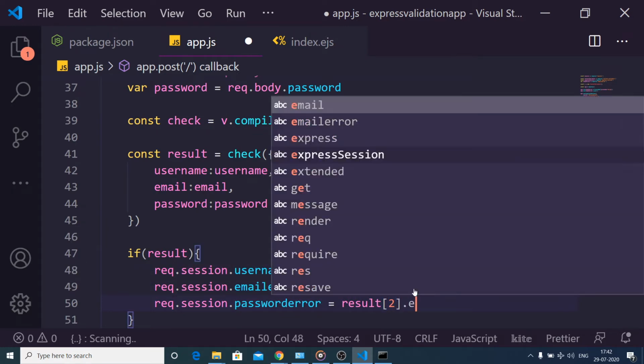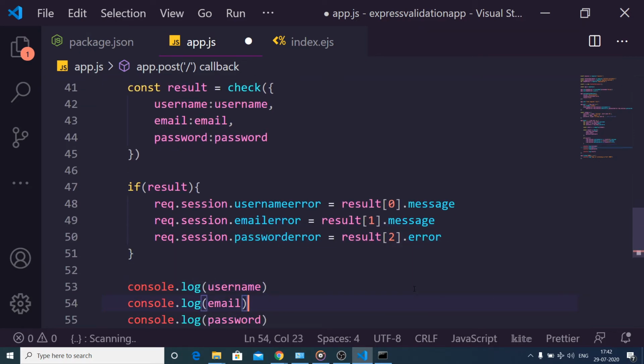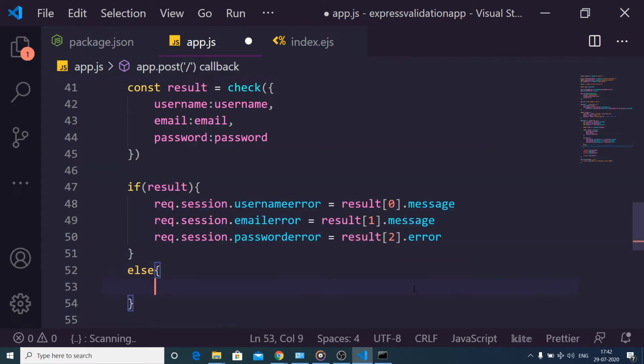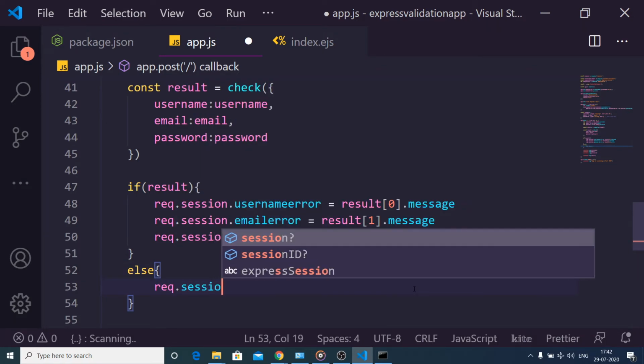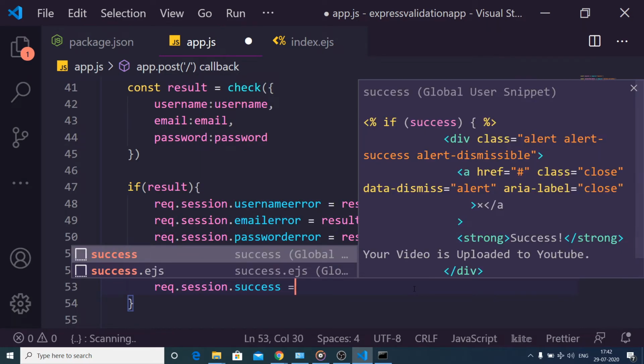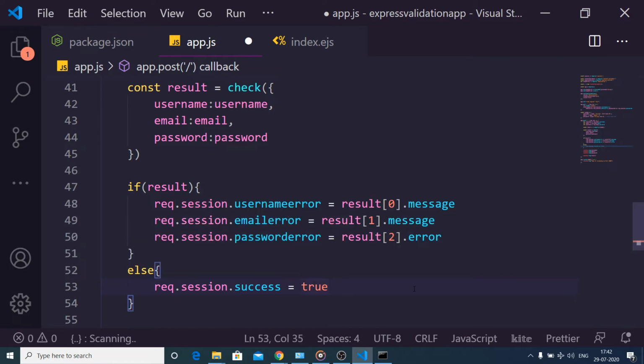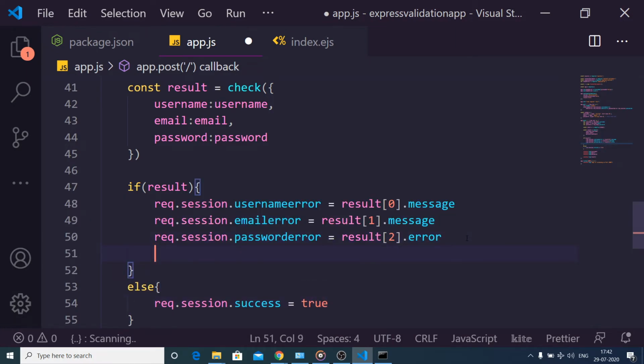Result dot error. In the else block, we can set one other variable which is success, which will be a boolean value, and we can set this to true. And in that case, if the error exists, then we can set this variable to false.